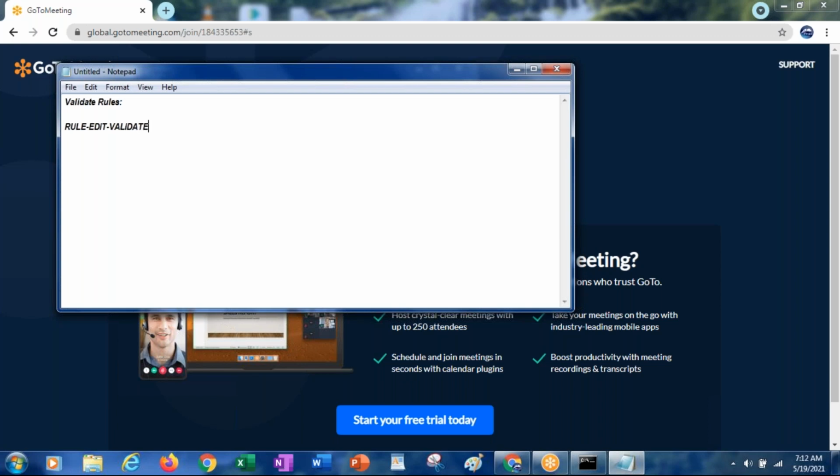So rule edit validate is the client side validation. As I said, first of all, edit validate rules, and the second one, OBJ validate rules.